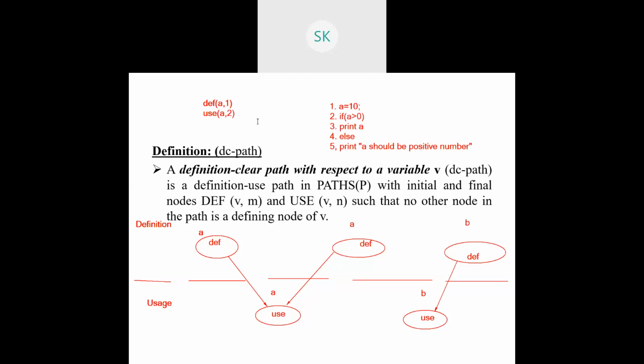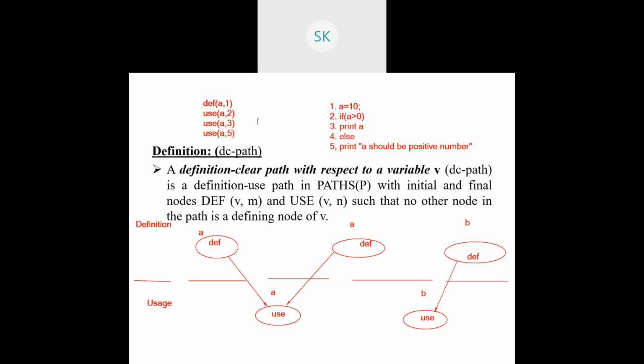Is that right? This is where it has been used. Another use is A, comma, 3. If you're using it to print the particular value of the variable A, then you have one more usage here, with respect to A, comma, 5. I hope it is clear now. So this is the first identification. First you need to identify what the definition node is, and what all the usage nodes are.